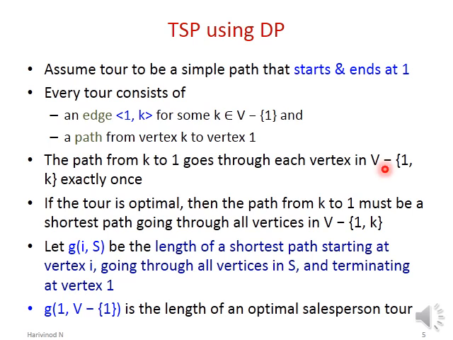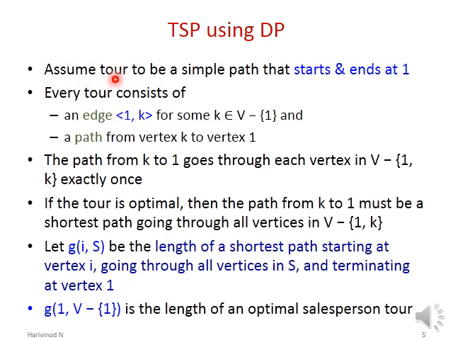One such algorithm is proposed to solve the traveling salesman problem using dynamic programming. So let us understand how dynamic programming will give the solution to the traveling salesman problem. Let us understand a few notations, recurrence relations, the principle of optimality, etc.